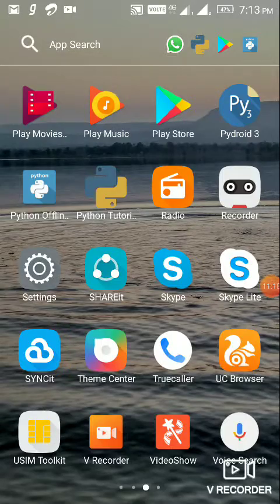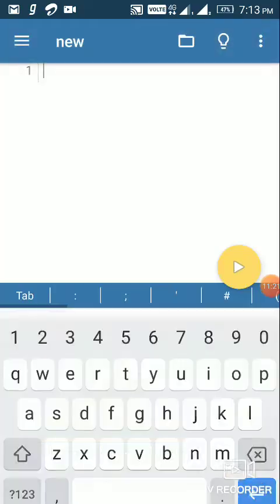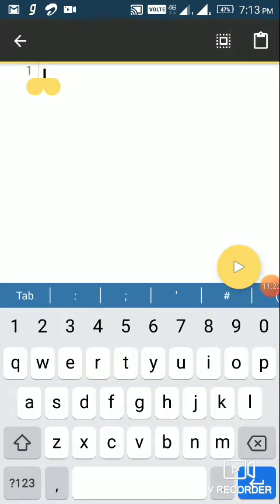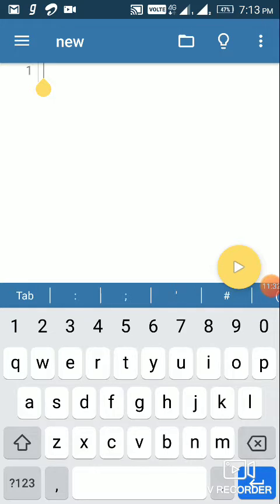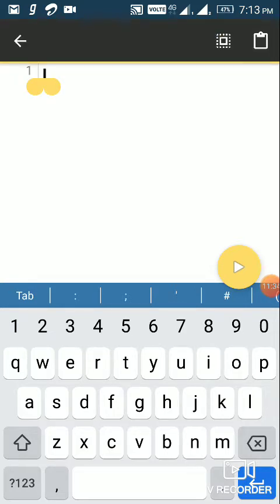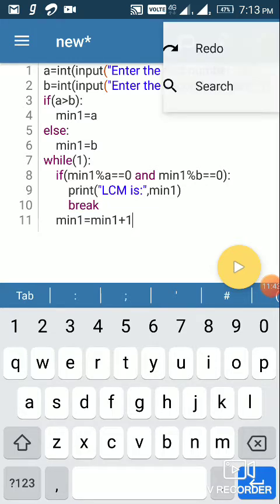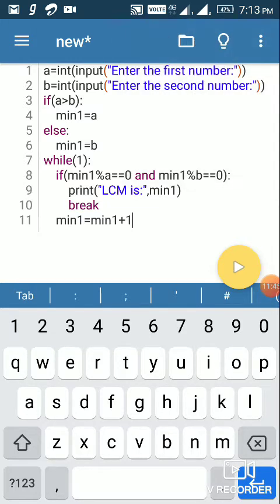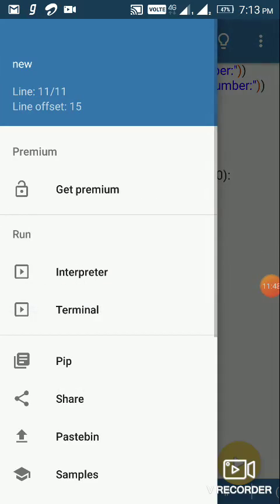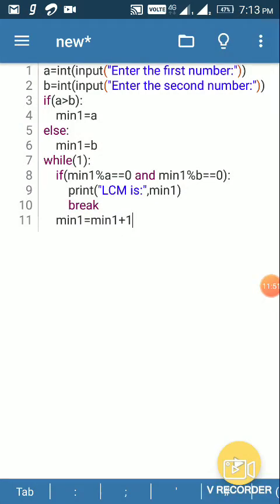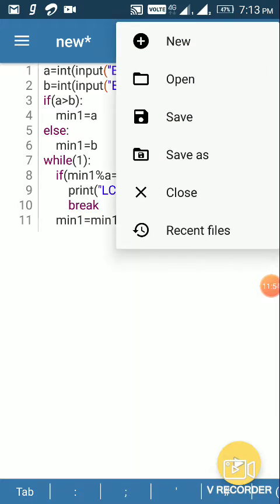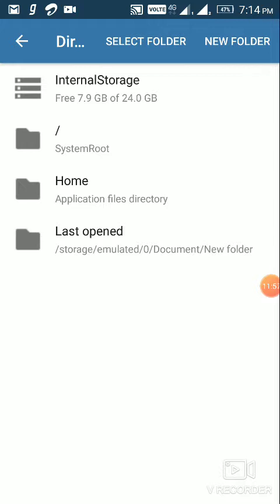I want to check which compiler this option works in. So this option is working. This compiler is called PyDroid. Here we paste. The paste option comes from here. Okay. Then we have to save this in some safe place. So let's check where to save. From here we cannot save, but from here there is a save option, and we can save this